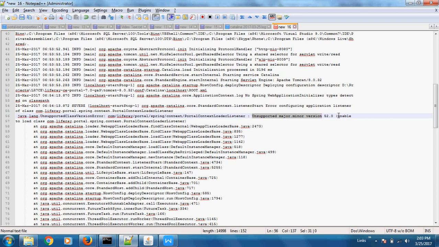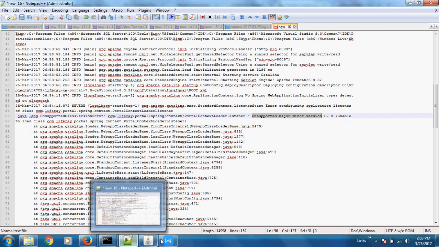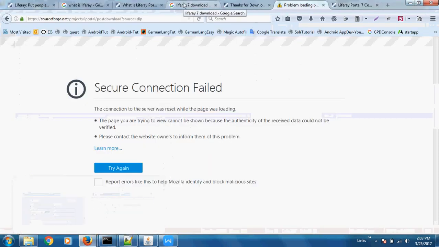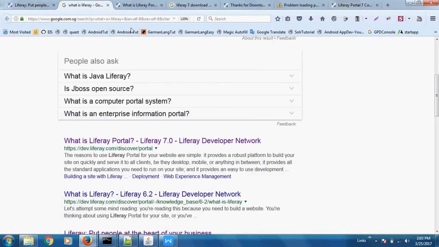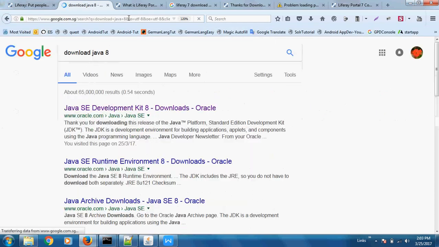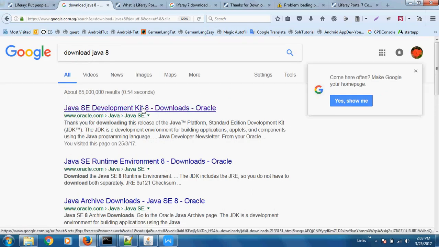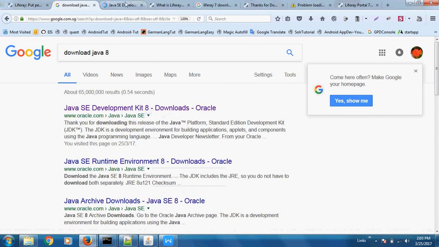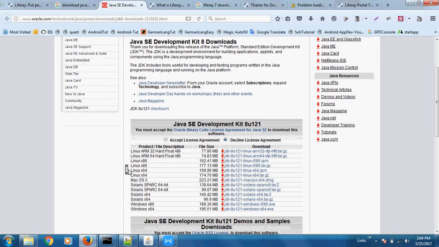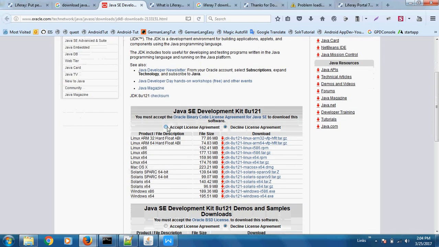To overcome that, it's simple. You will have to download the latest version of Java, that is Java 8. You have to download the SDK version, because we also want to do development later on. So search Java, download Java 8. It will redirect you to the download page. Accept the license agreement,